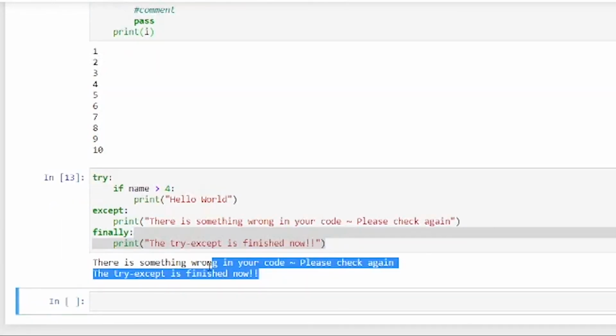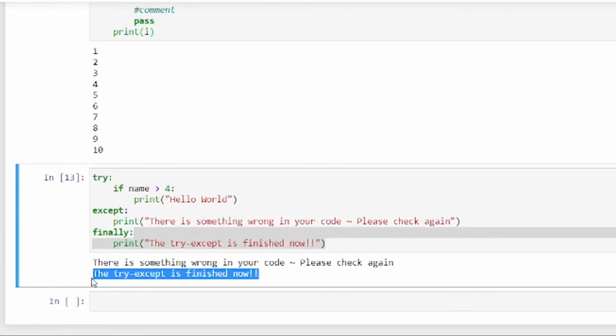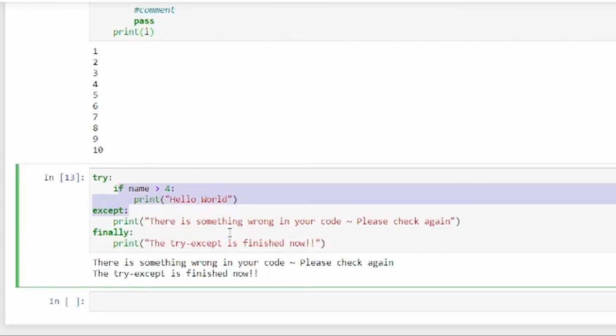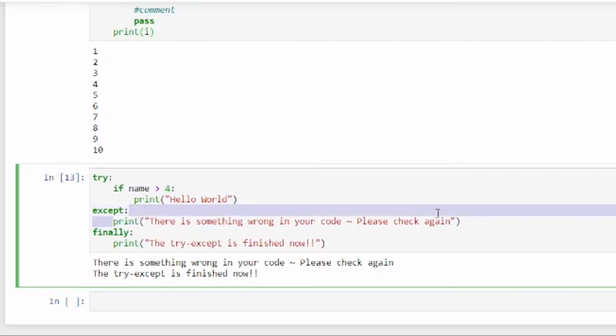So here you can see that it prints out the statement, the try except is finished now, regardless of whether there is an error here or not. And here, yes, there's an error, so that name is an undefined statement here. So it goes to the except and prints out this, and along with that it'll also print this statement, because regardless of whatever the set of statements above are, it'll print the statement